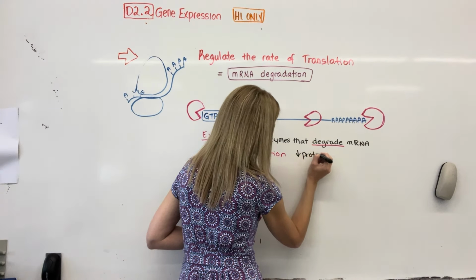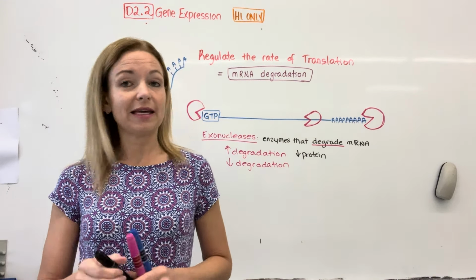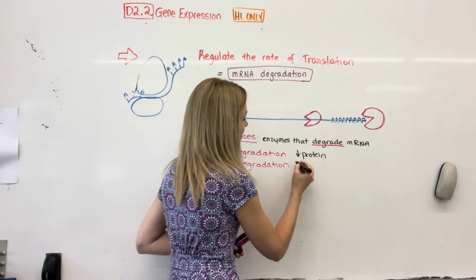The alternative would be to say, oh, we need more of this protein, but we don't want to have to start over with transcribing. So you can lower the rate of degradation, again, by making a really long poly-A tail, or by blocking the enzymes that do that, and that would increase the amount of protein you can get. So that's another area where, even once something's been transcribed, there's still the option for the cell to regulate its expression all the way to a protein. All right, that's all things D2.2.